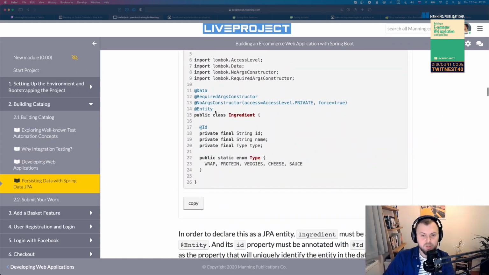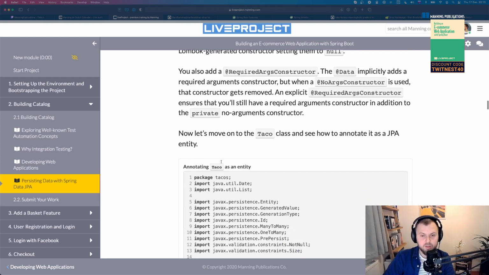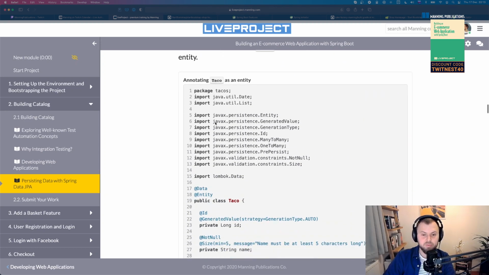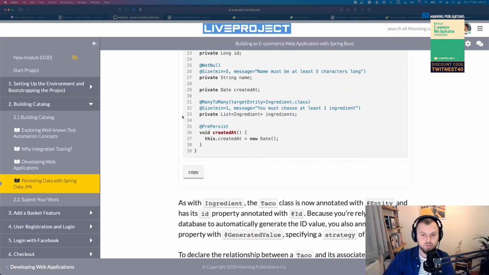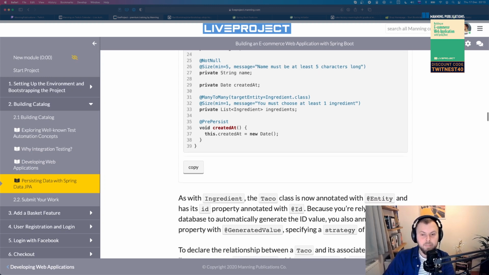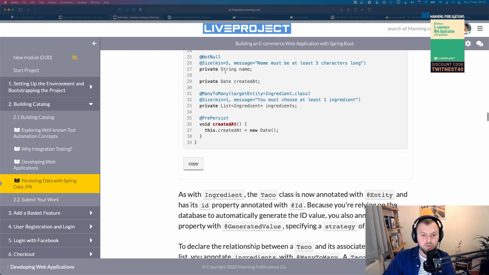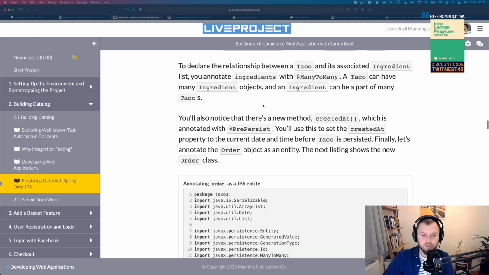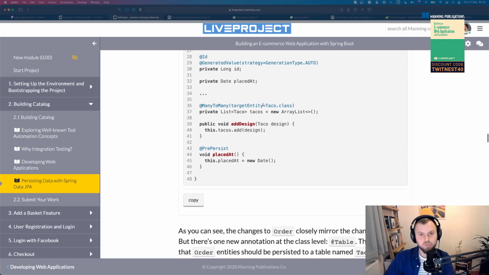You can read about how you define entities and how you define schema. There is plenty of information about that in Craig Walls' book called Spring in Action, and you can see all the different aspects of that in here. That's super useful. You can get a lot of info from there.